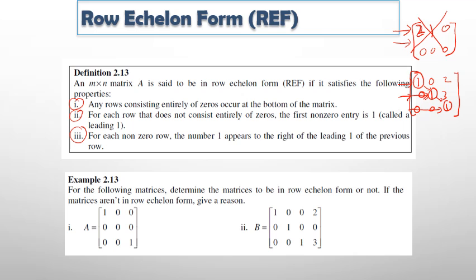Okay, the first one, check if there is any all zeros row, a row entirely of zeros. Yes, it's here. Is it at the bottom? No, it's in the middle, in the second row. So this is not REF because